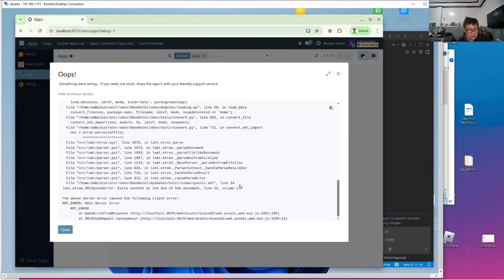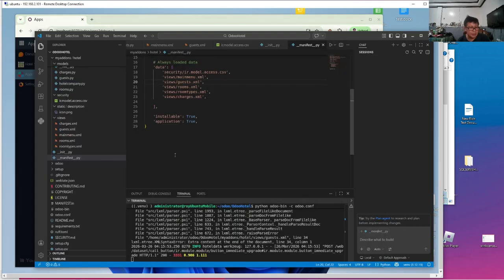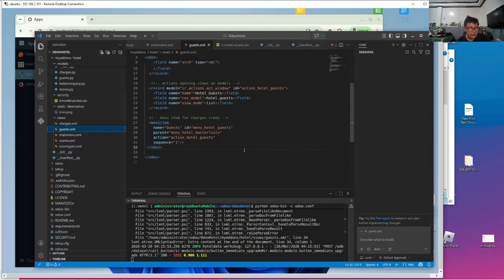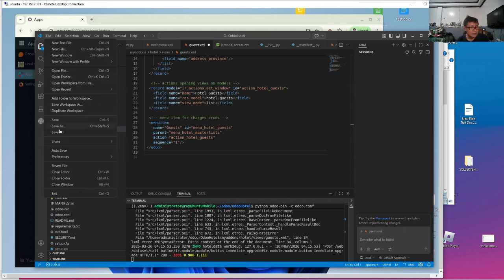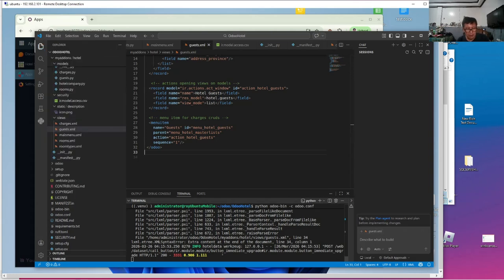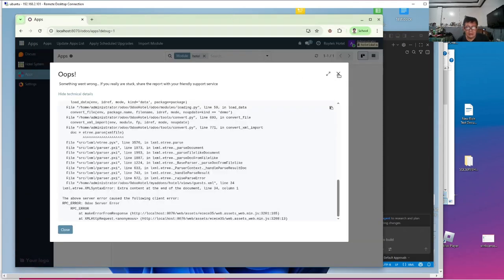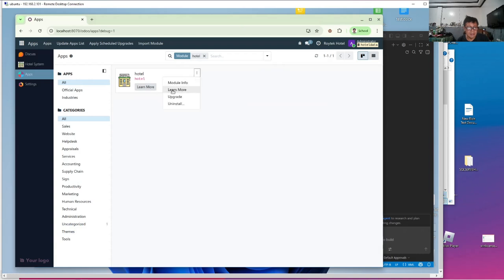Let's go there. Let's fix this before doing some vibe coding. On line 34, we had a double Odoo tag, so we just delete this. It's good that we did not do the vibe coding. Let's just upgrade this again.